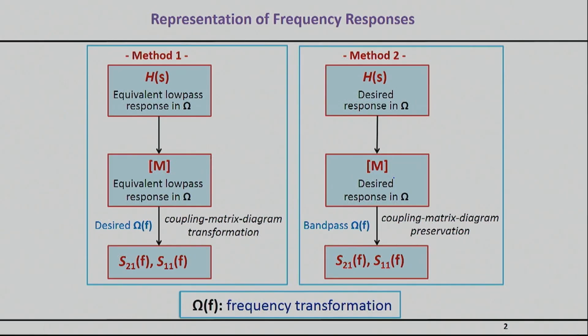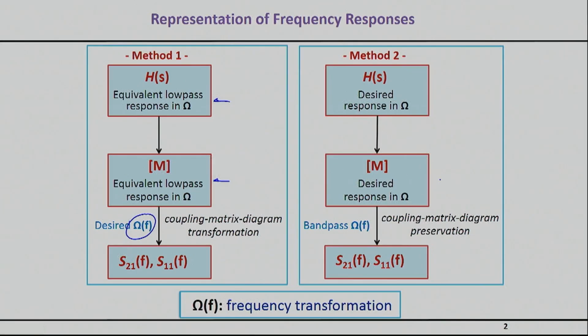One is probably something you have already seen or heard of, and I've even hinted about this before. Essentially it means that first you synthesize everything in the normalized frequency domain by doing your low-pass prototype response. Find out the coupling matrix in this domain, as we have actually seen so far. And finally, once you have your S21 and S11, apply the desired frequency transformation from the normalized low-pass domain to a band-pass, band-stop, or any other thing that you have to, to basically get the true S21 and S11 as a